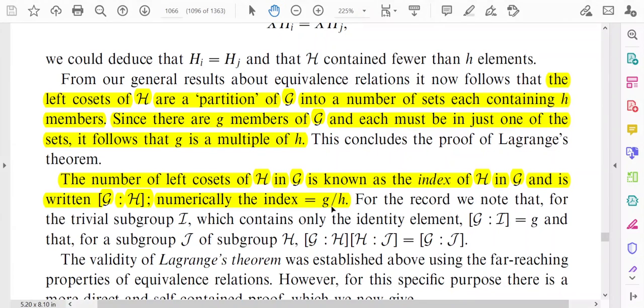So this is what Lagrange's theorem is about, and we have proved it by using the concept of equivalence relation and classes. For further understanding, I request the viewers to go through the textbook of Mathematical Methods for Physics and Engineering by Riley, Hobson and Bence,